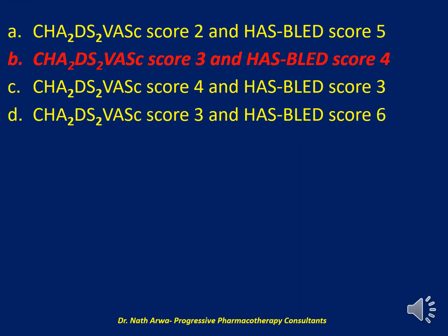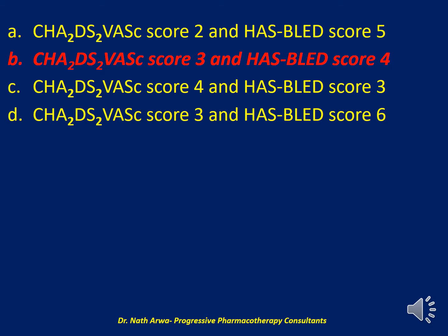B is the correct answer. The CHA2DS2-VASc score is 3, while the HAS-BLED score is 4. Now, we know that JWW has non-valvular atrial fibrillation. He has 3 risk factors for stroke, according to the CHA2DS2-VASc score. He earns 1 point for hypertension, 1 point for type 2 diabetes mellitus, 1 point for age between 65 and 74 years old, and